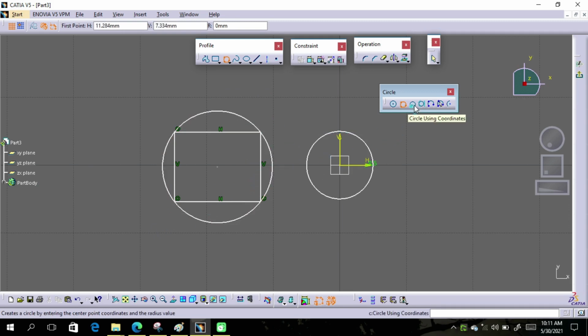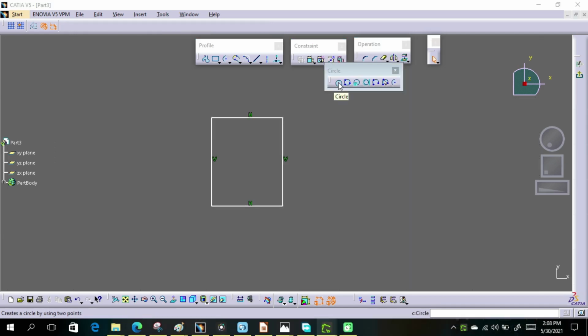The next option is circle using coordinates. Actually, the default circle uses the default coordinate system. When I select this default circle, it shows the coordinate value at this point, x value is 483, y value is negative 204.